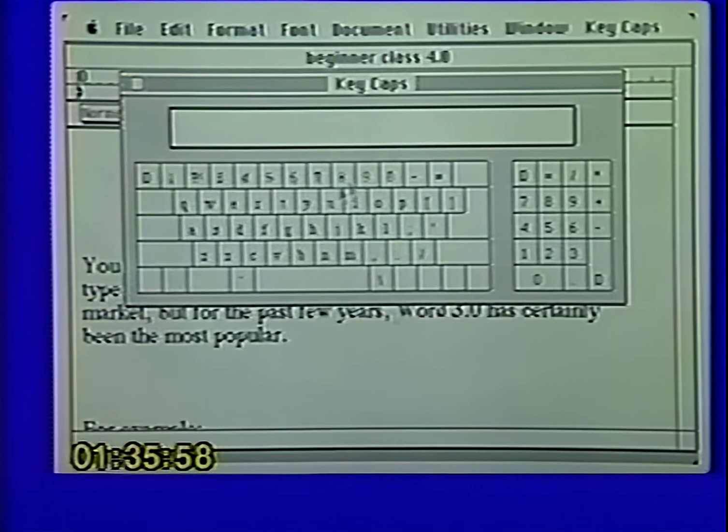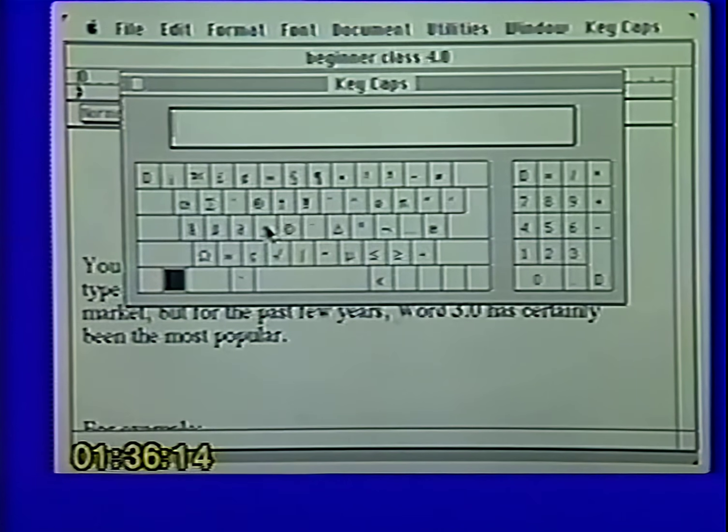By the way, if any of you ever want to use bullets in your documents, Option 8 is your bullet symbol. And you'll notice your little chevron down there that you'll use when you're doing mail merges, which we'll teach you in the advanced tape. And you've got the pi symbol, and you've got check marks.